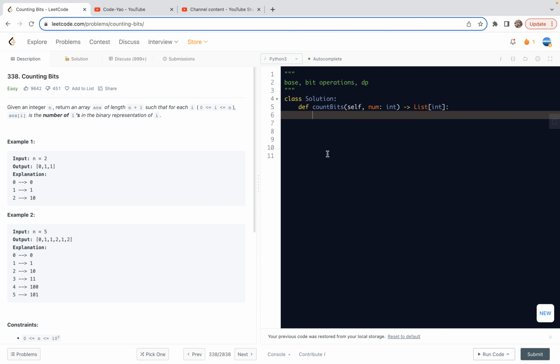Let's have a look at problem 338, counting bits. This is today's daily challenge problem, which is an easy problem. So in this video, our goal is to practice a base, for example, decimal and binary, and bit operations and